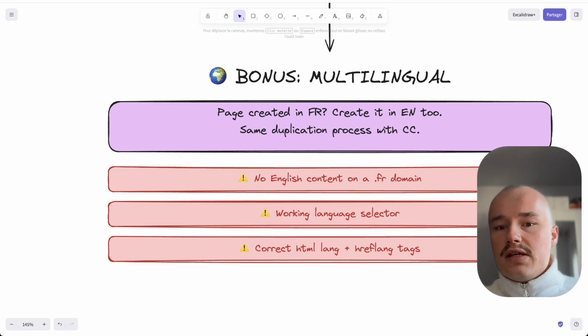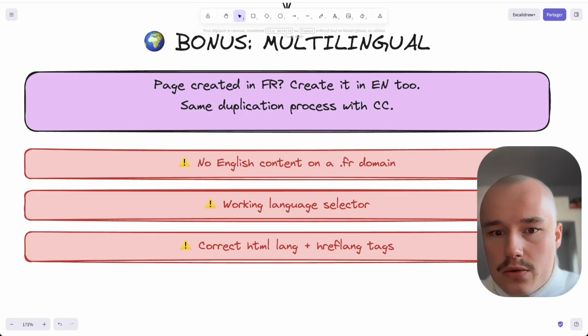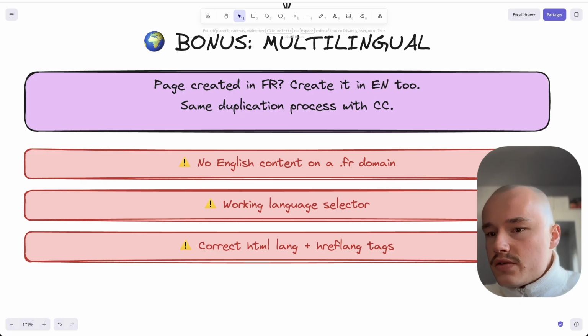So if your TLD is targeting a specific language, you will need to create another website with another TLD. So that's the first warning. If you have a .com, that's not a problem, but you will need to create